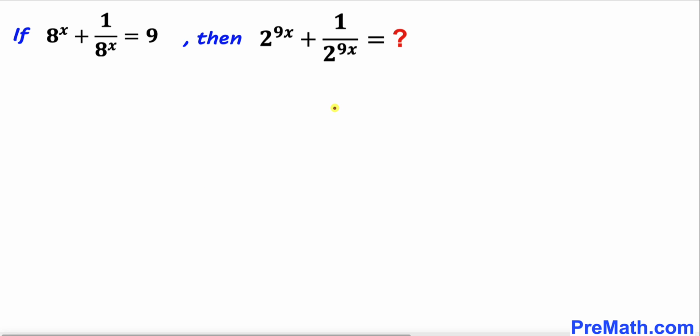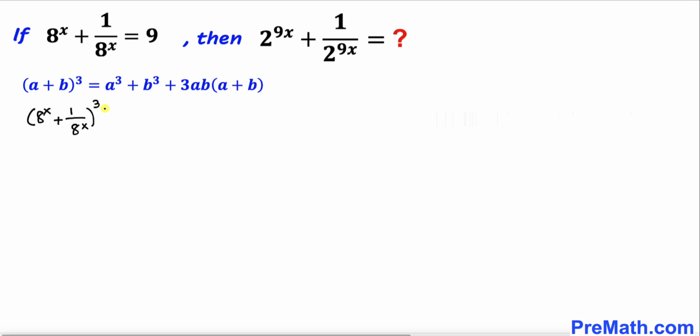So let's go ahead and get started with the solution. And here's our very first step. Let's recall this cubic identity (a plus b) whole cube. And let's assume that this a is our 8 power x and this b is 1 divided by 8 power x. Then our above equation could be written as (8 power x plus 1 divided by 8 power x) whole power 3